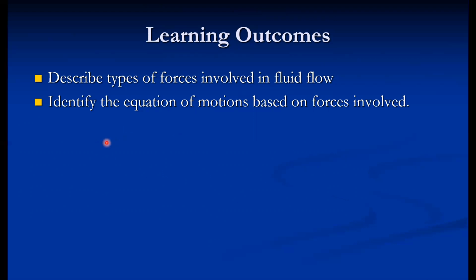Generally pressure force and gravity force are present everywhere, even for ideal flow. But if the viscous force is added, then it becomes the Navier-Stokes equation. And further, if we add force due to turbulence, then it is called the Reynolds equation of motion. In the next lecture we will discuss Euler's equation of motion, which is considered the equation for ideal fluid.